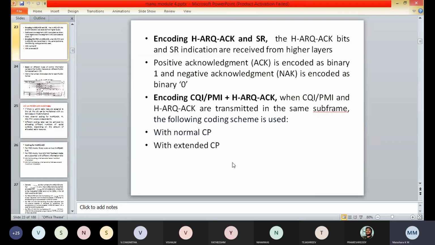With the extended CP, the CQI or PMI and HARQ ACK are jointly encoded using the same 20, N code as that of encoding CQI or PMI alone, with N as the sum of the CQI or PMI bits and HARQ ACK bits.